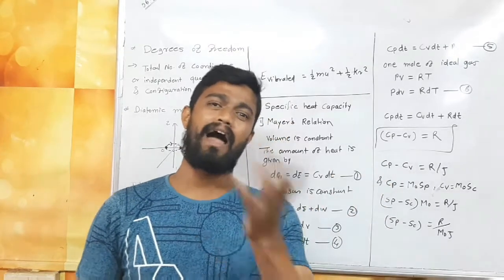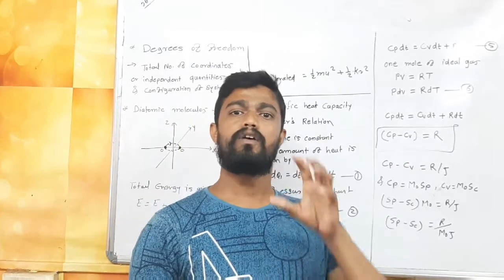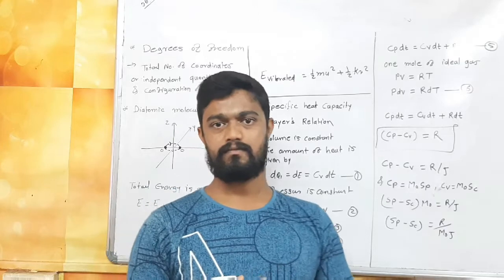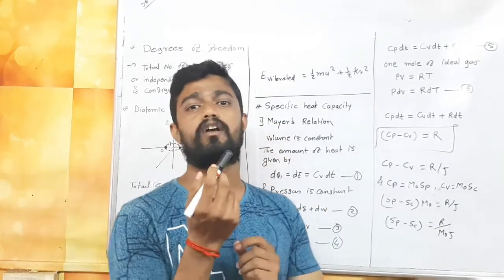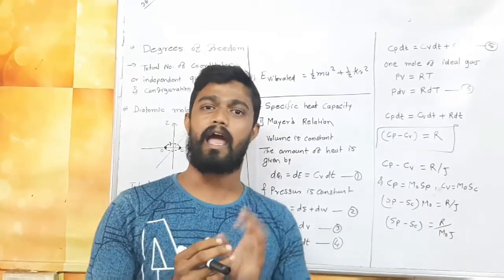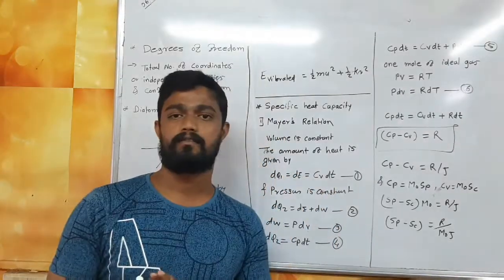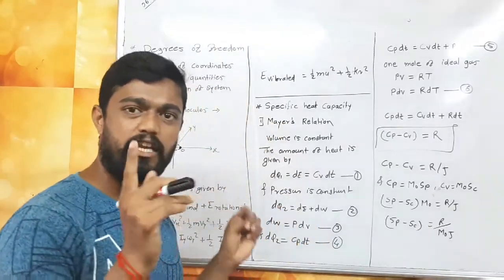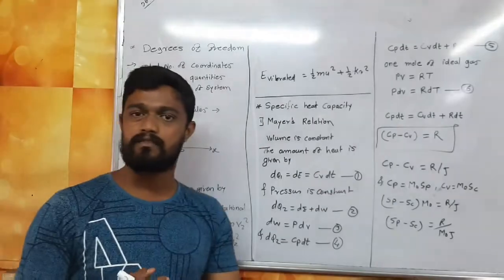Suppose you have an XYZ plane and your molecule is present in the XYZ space and is having motion. This is called a three coordinate system because there are three coordinates present: x, y, z. So my degrees of freedom is 3. So degree of freedom depends on, first, the total number of coordinates.